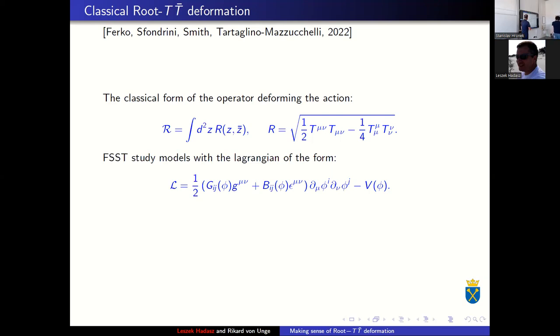So this is the word that was on the outline, and the clever people here asked several questions. So the following question. The TTbar operator is a well-defined operator, but it has conformal dimension